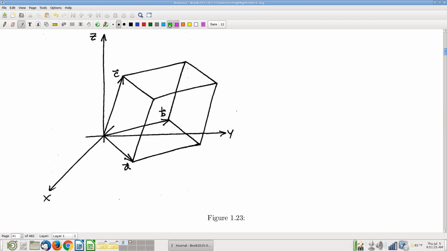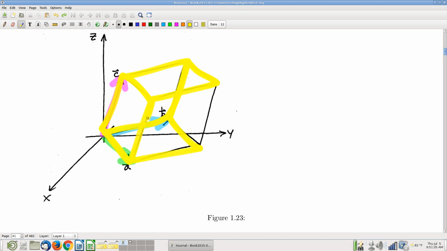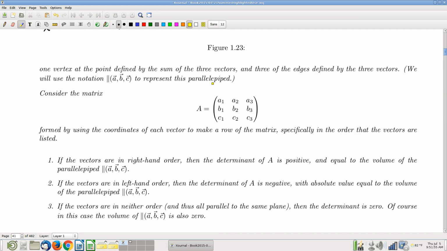Again, here we have these 3 vectors. We can make a parallelogram. Oh, excuse me, it's not a parallelogram. This is 3-dimensional. A parallelepiped, they call it. All right, you can look at this parallelepiped. Yellow, here we go. All right, parallelepiped. And you can look at the way those 3 vectors are oriented in space, and you can talk about, on the one hand, the volume of the parallelepiped. You can talk about the handedness of the listing, with A first, B second, C third, right? And with those vectors in that order, A first, B second, C third,